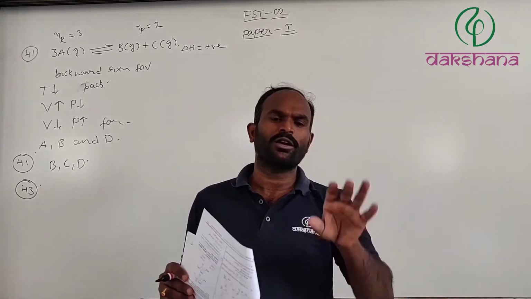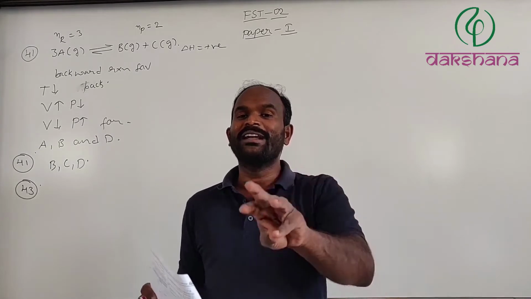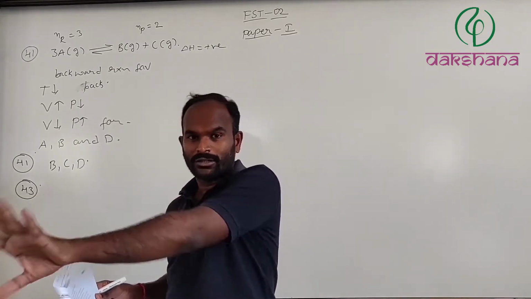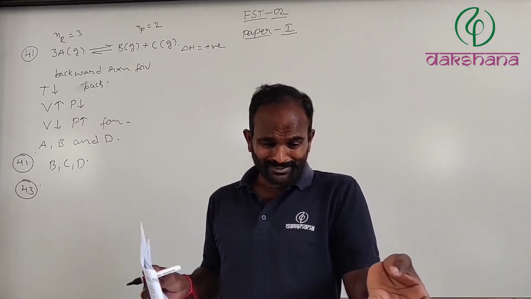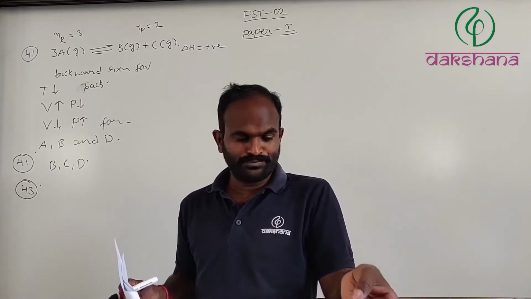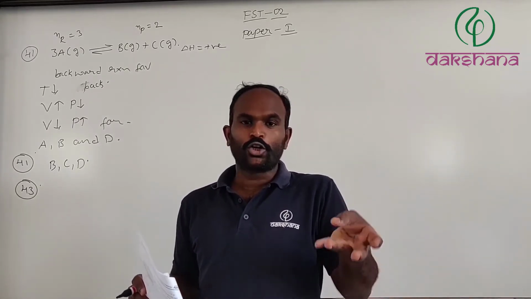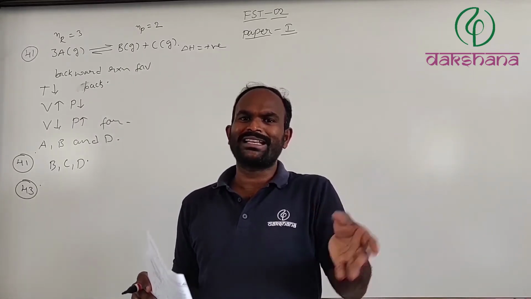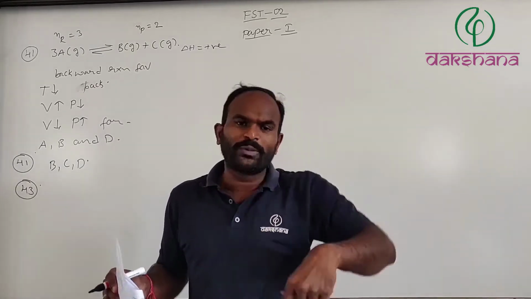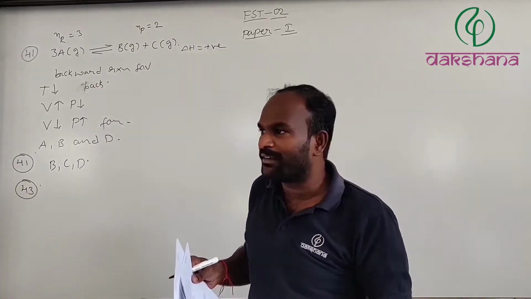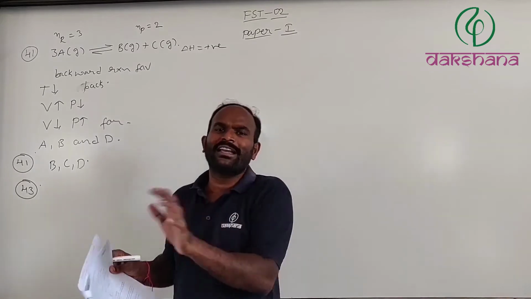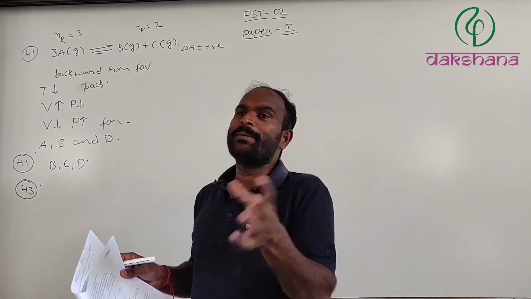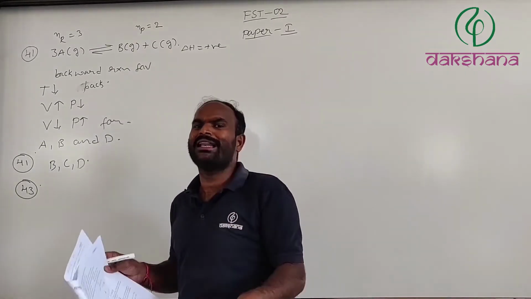P pi d pi bonds are always formed by third period elements onwards, which means right from phosphorus, sulfur, chlorine. So all these, right from the third period, even the fourth, fifth and sixth periods, can form them. Whereas second period elements can form only p pi p pi bonds. P pi p pi bond formation ability is not there in the third period.